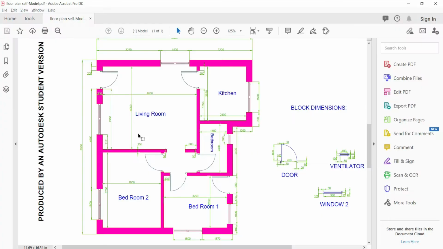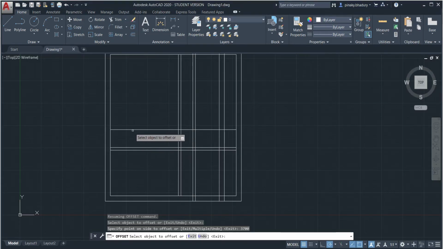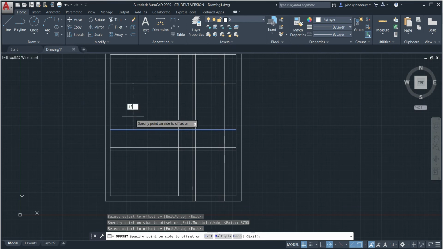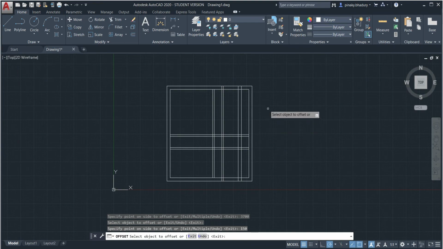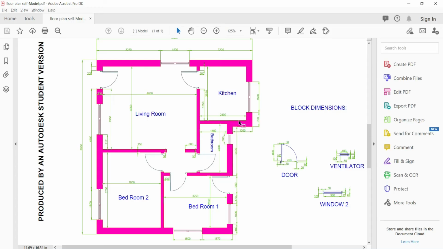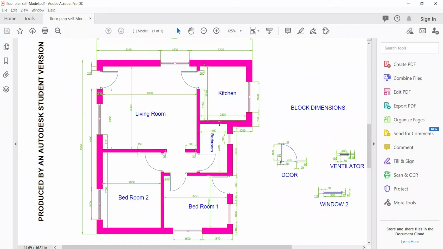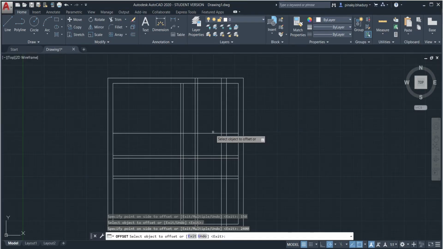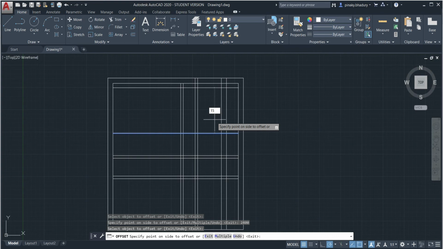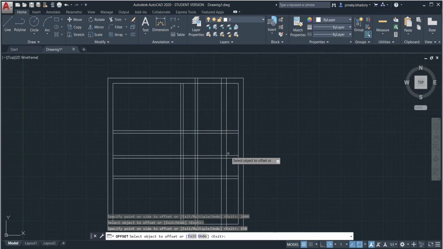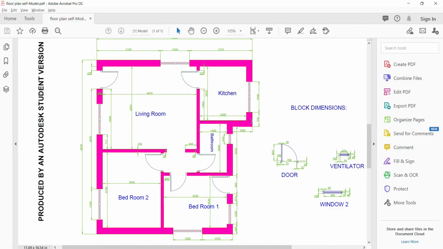Okay, there you go, this is the wall. Okay, and the inner thickness is 150. So I will select this again and I will give a distance of 150. Okay, click on enter. Right, the next thing is this horizontal part of the wall, and as you can see here I have to specify the distance here. So this is 2400 distance, and give the distance as 2400. Okay, click on enter. Right, thickness is again 150 here, so I will select this and I will specify the distance as 150. Right, click on enter. So this horizontal wall is also complete, but you can see here that there is a